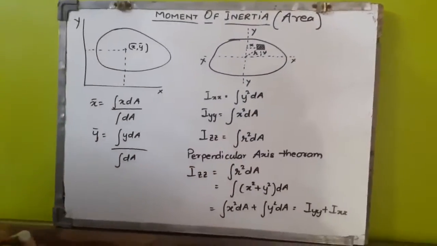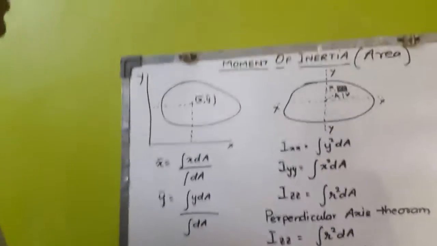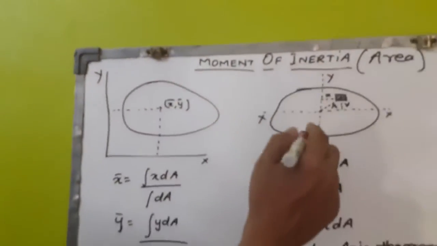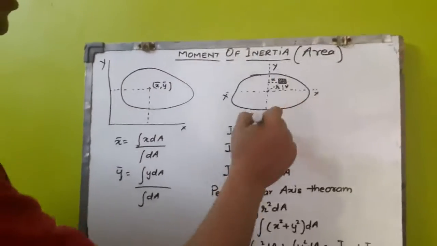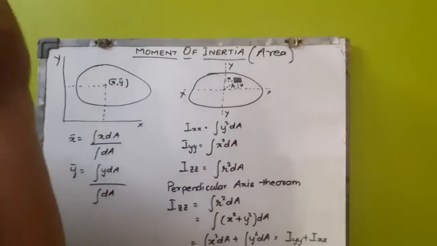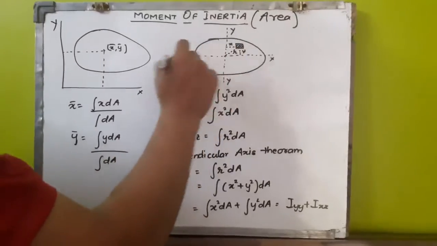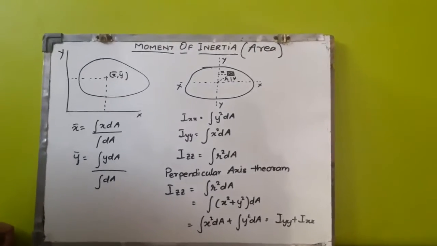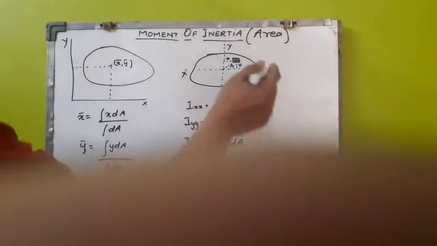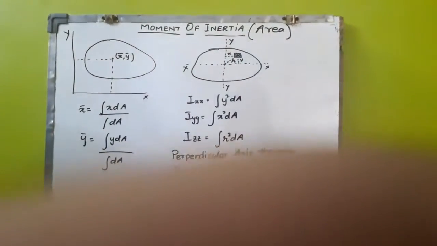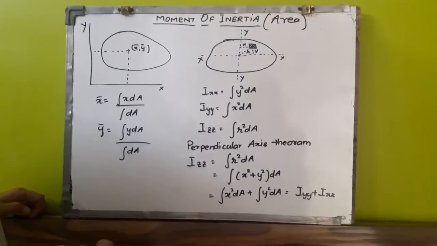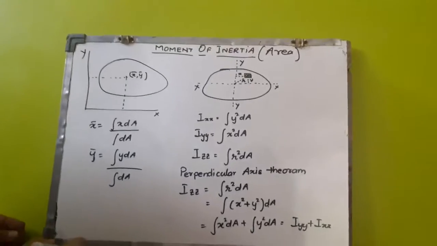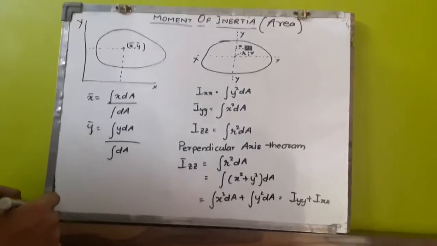Here you can see that we have located the centroid as x bar and y bar. Now let us take this figure again. Now let us define two axes, the x-x axis and the y-y axis. Now this x-x axis and y-y axis are the centroidal axes. Centroidal axis means these are the axes passing through the centroid. The x-x axis is the axis representing the x-axis, and y-y is the axis representing the y-axis. And the intersection point of the x-x axis and y-y axis is the value of x bar and y bar, which will define the centroid of the body.